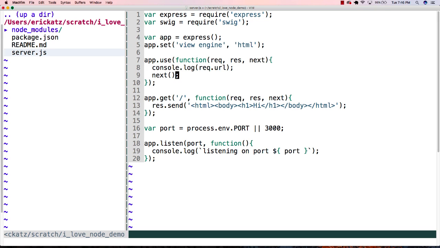And now, instead of doing send, I'm going to say response.render. So Express is aware that there are templating engines. Most likely, you're going to use a templating engine. And what Express is going to do when I call render, it's going to look in a specific spot for a file called index.html. Okay? Because I specified that I'm using the view engine of HTML. And now if I go back here